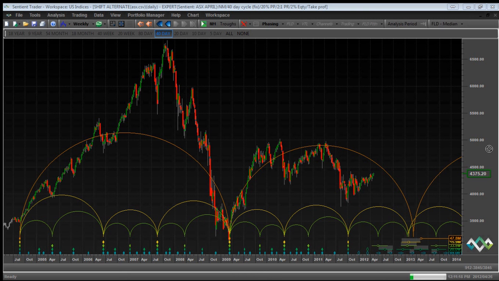Now, a good way of taking a look at an analysis is to start with the longest cycle present and then look at the shorter and shorter cycles. So what's the next cycle shorter than the 4.5-year cycle? According to Hurst's cyclic model, which is simply a list of cycles present in the market, the next shorter cycle is the 18-month cycle. There are 3 18-month cycles that